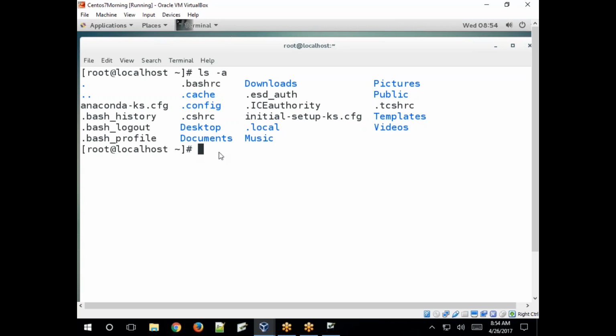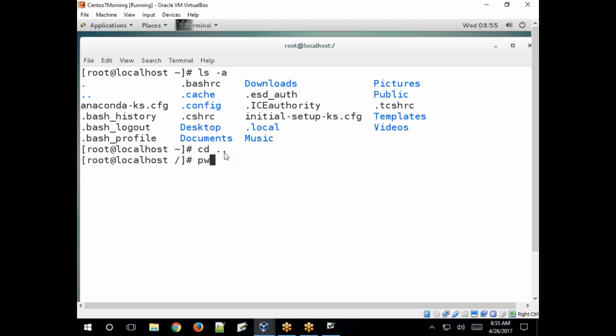Clear? cd dot dot changes the current working directory to its parent directory. Change it, right? Now the directory has changed. So how to check that? pwd is the command to check the present working directory path.